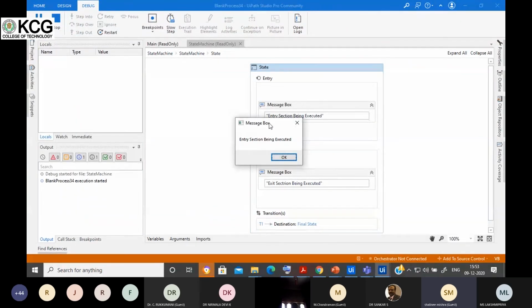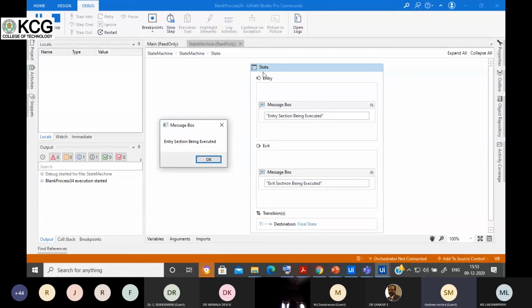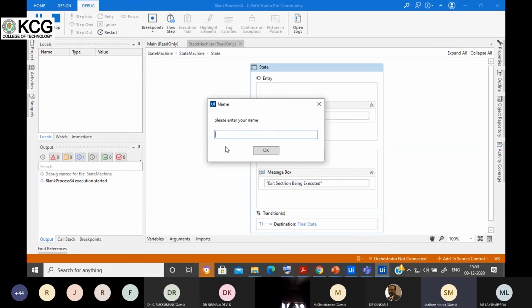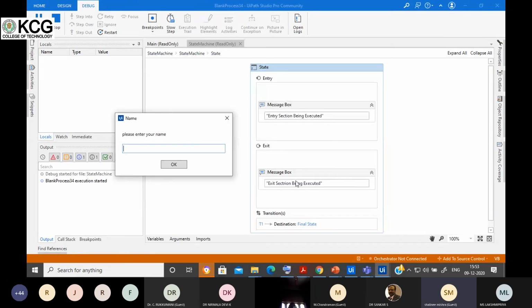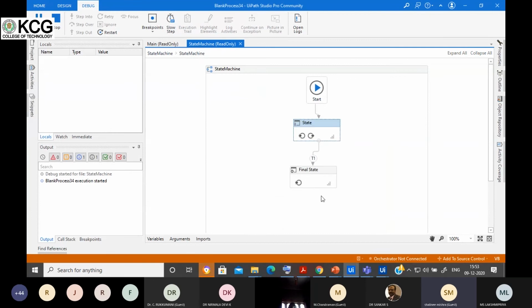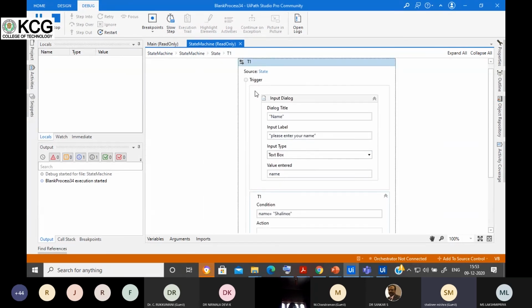Now you can see it comes inside this state, and the entry section is being executed. After that, we added this input dialog box inside this transition part, in the trigger section.